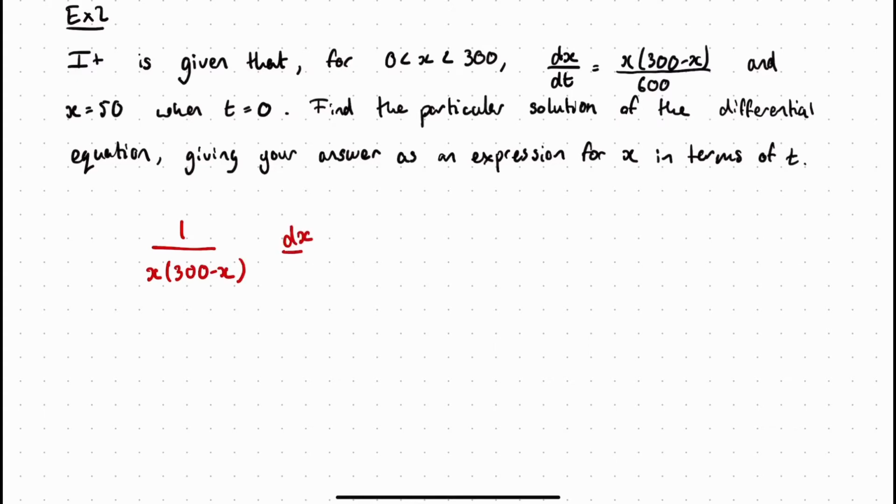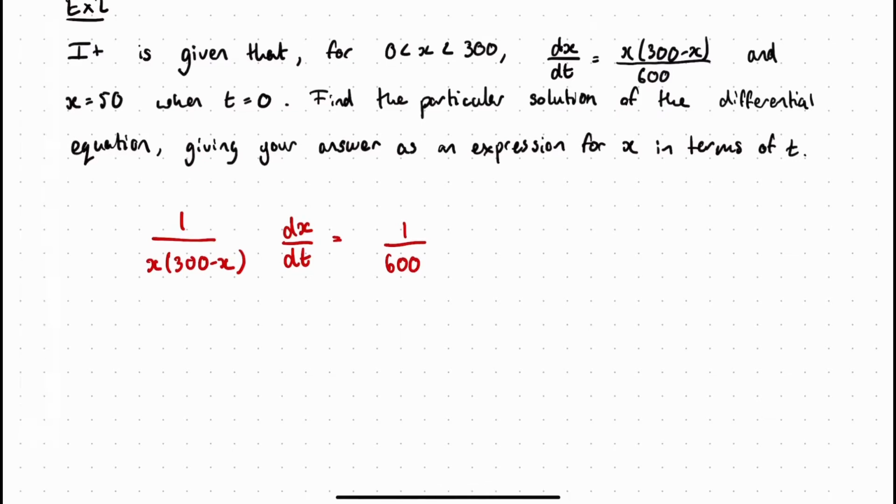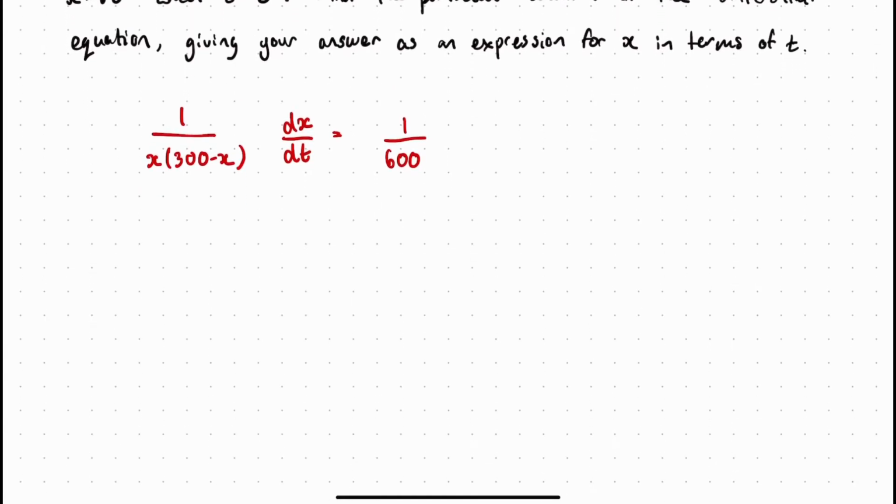dx over dt. That is equal to 1 over 600. So all I've done is divide down from the x(300 minus x) to be 1 over x(300 minus x). Or another way of thinking of it is dividing through by x(300 minus x). Now I'm going to integrate this with respect to t so that we get an equation in terms of x's and t's. So again, I'm going to show the full